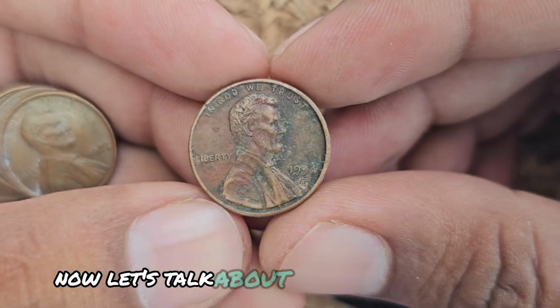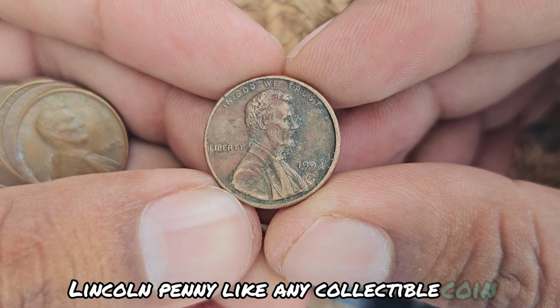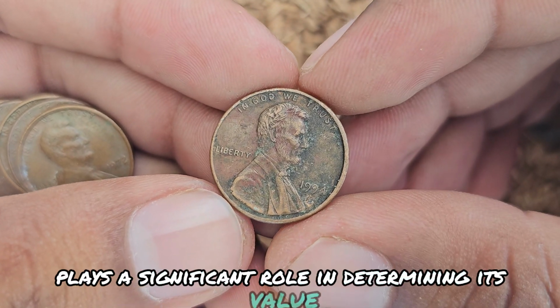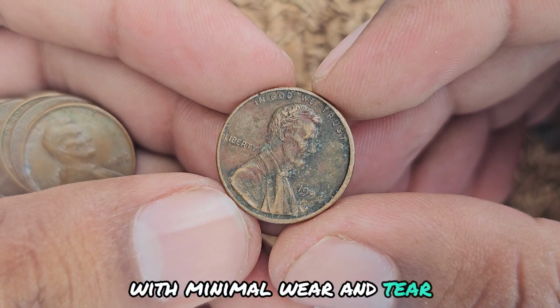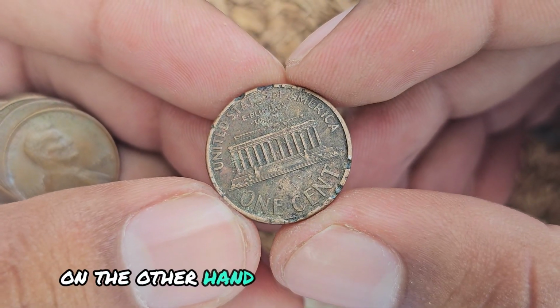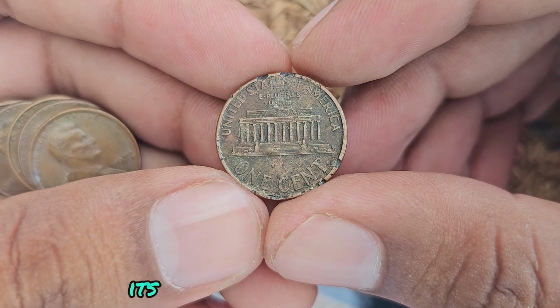Now, let's talk about the condition of the 1994 D Lincoln penny. Like any collectible coin, the condition plays a significant role in determining its value. If your penny is in pristine condition with minimal wear and tear, it could potentially be worth more to collectors. On the other hand, if your coin is heavily circulated and shows signs of damage, its value may not be